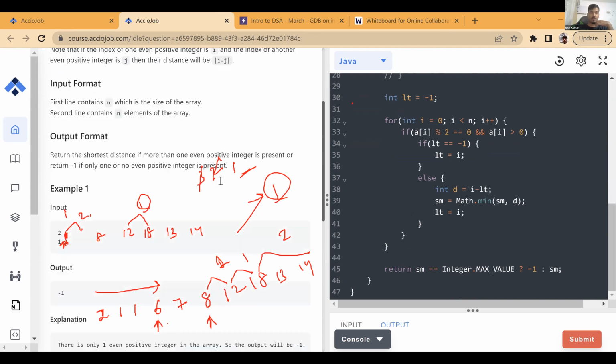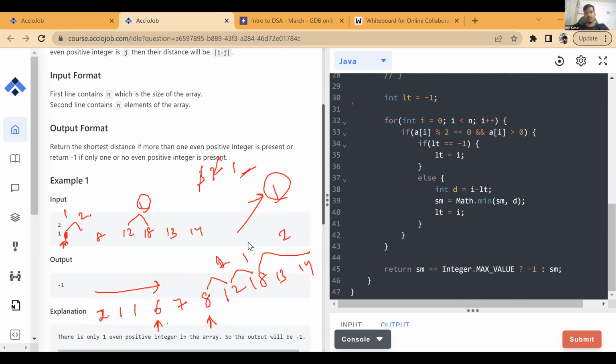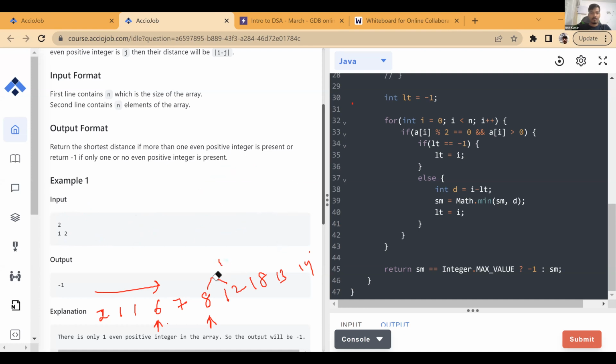Just look at this logic of what we are doing over here. Let's take this particular array as an example, which is a larger one. Let me erase everything else. Just look at this logic of what I have done. I have taken one single variable, which is